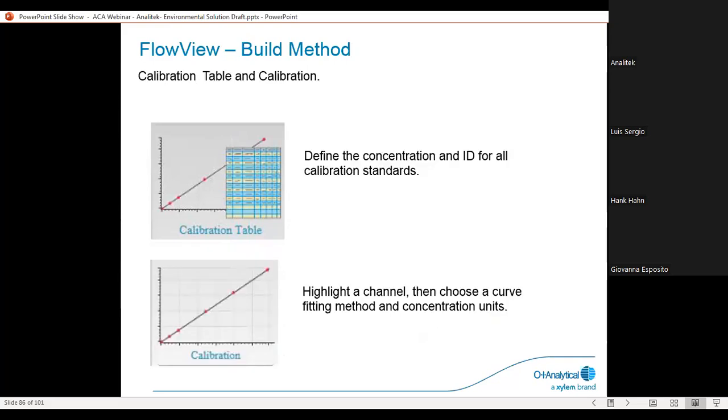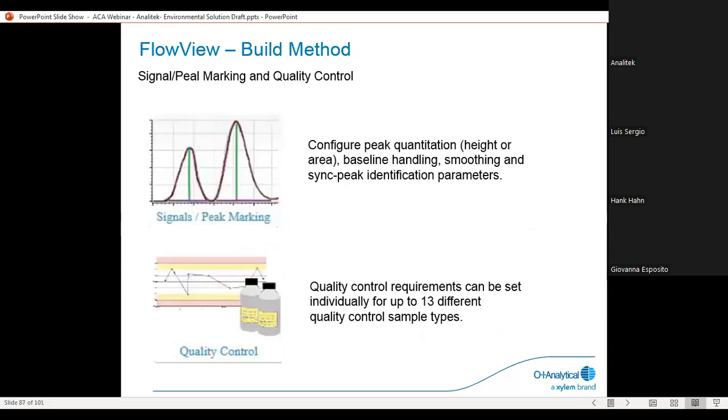With the calibration table and calibration, define the concentration and ID for all the calibration standards. You can highlight a channel, then choose a curve fitting method and concentration units. With the signal peak marking and quality control, configure peak quantitation, height and area, baseline handling, smoothing, and seek peak identification parameters. And in the quality control, you can set that up for up to 13 different quality control